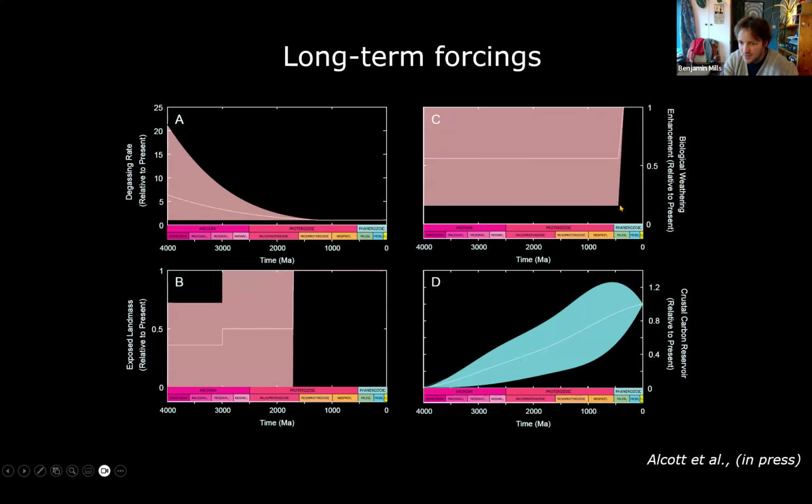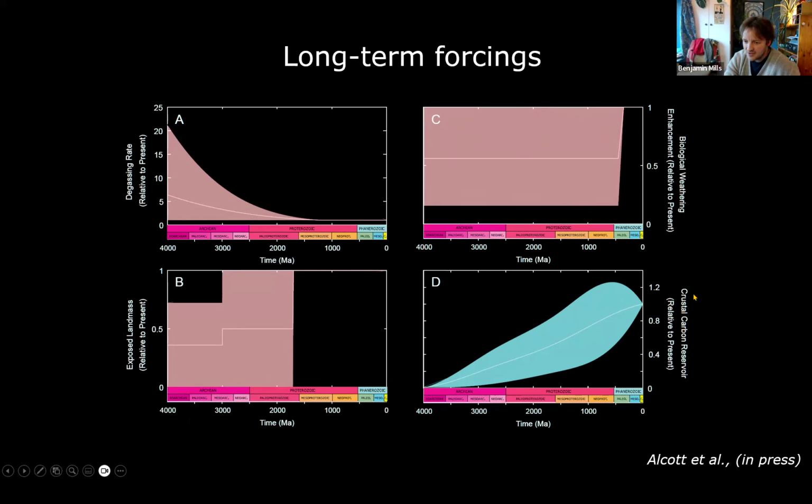So this is largely something we think happens during the plant colonization in the Paleozoic, but we don't really know what happened. So there could have been a large increase in the weathering amplification from biology, or maybe there wasn't at all. So again, we're throwing the entire uncertainty range here into the model. And then the final thing here, this is now in blue because we didn't think of this initially. So what I'm going to take you through is how the model responds to the pink forcings, and then I'm going to talk more about the blue one.